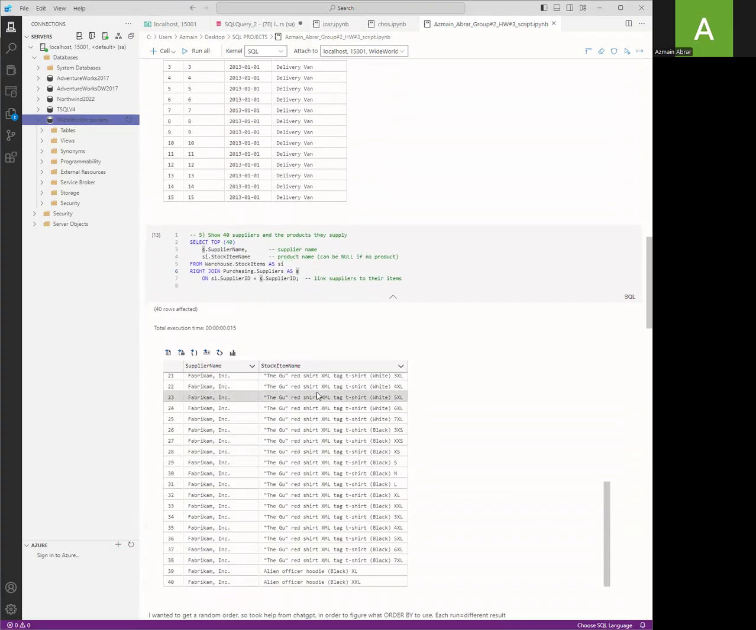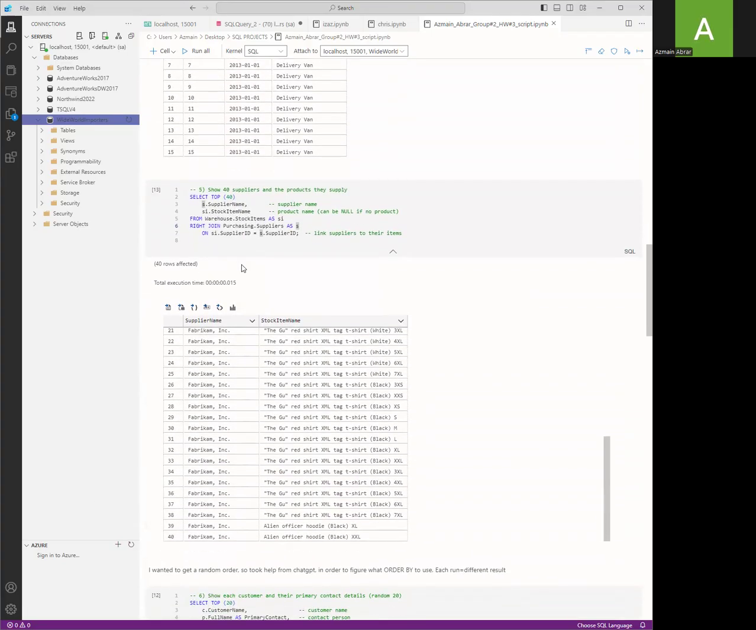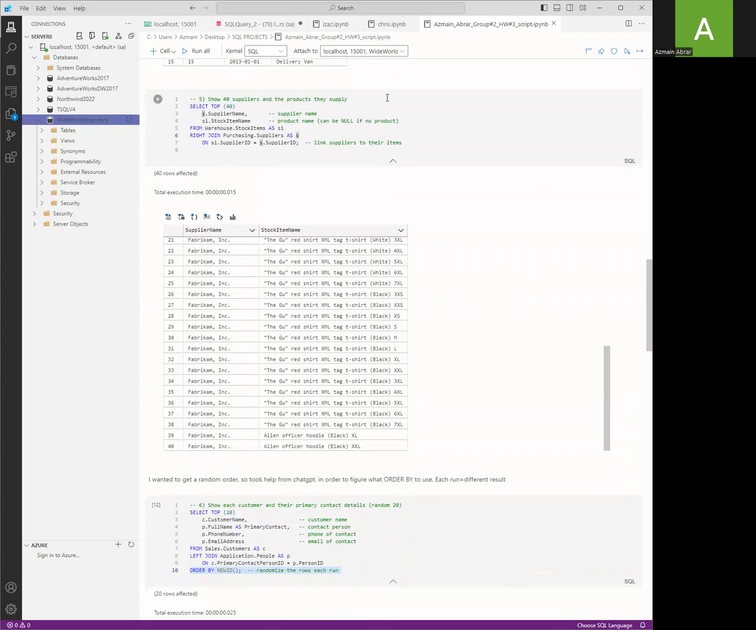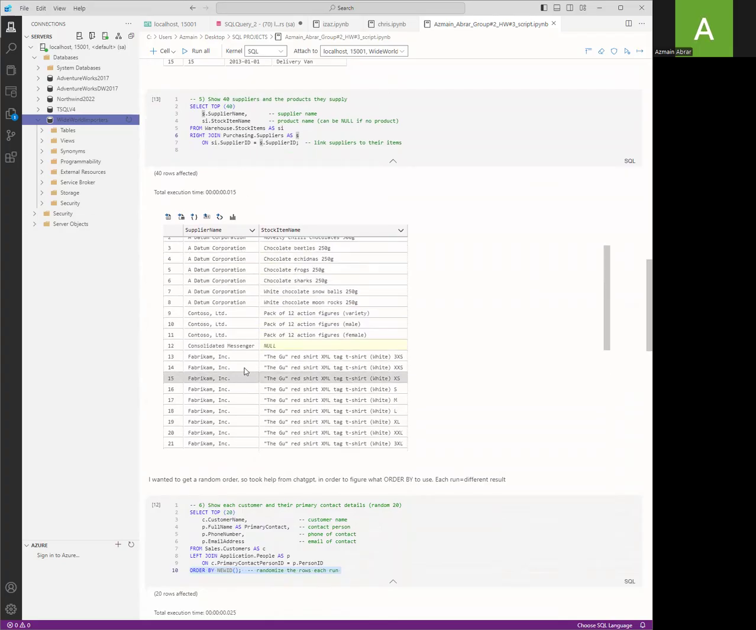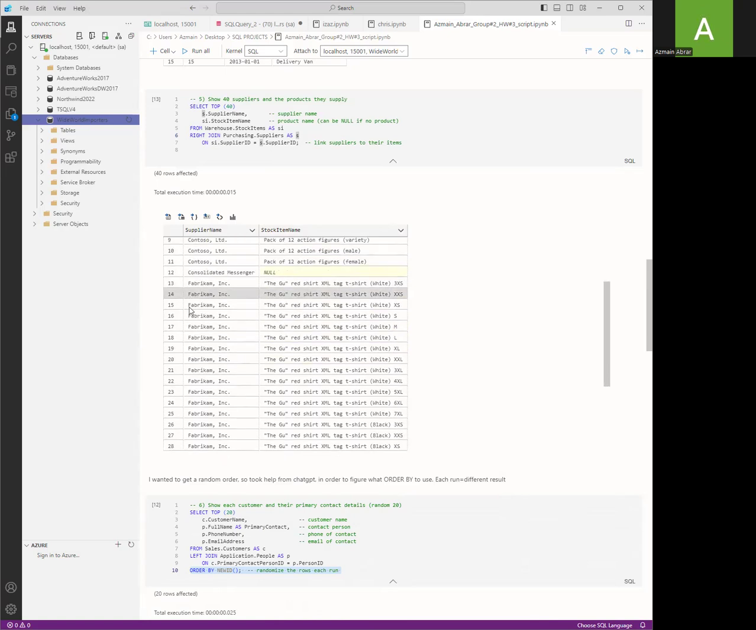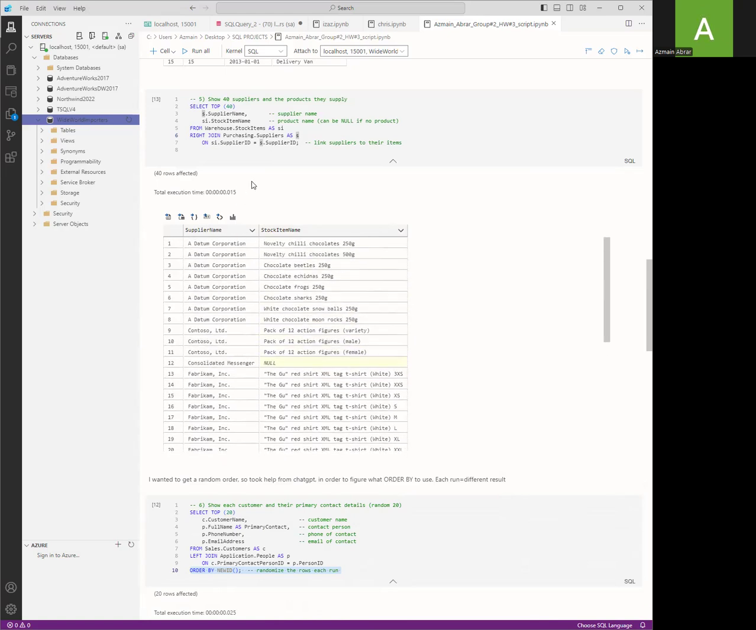Number five. Here I wanted to show 40 suppliers and the products they supply. So just 40 suppliers. I didn't randomize it, just the 40 suppliers. With this I wanted to showcase counts of orders per customer, showing one row per customer with the count. So I used